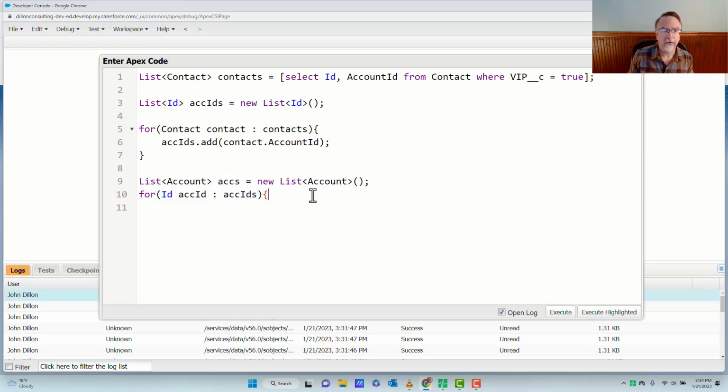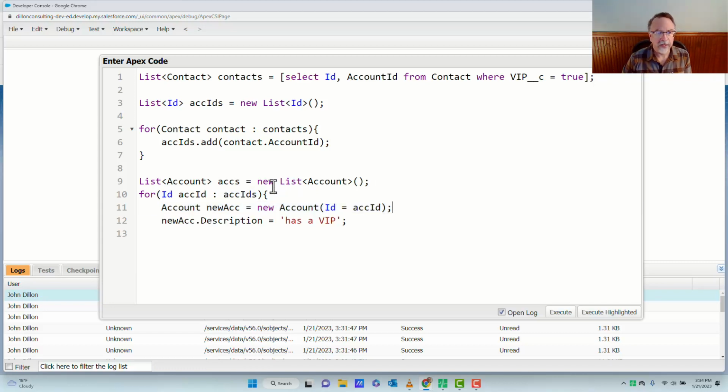We're going to create a list of accounts that will be used for updating. We're going to loop through the account IDs that we've collected. To do our update, there are a couple of ways to do this in Apex. This is the one we're going to use today: we create a new account and we set the ID equal to an ID that we're working with, and then we make the change to the object. In this case, we're going to change its description to say has a VIP, and then we're going to add it to our list